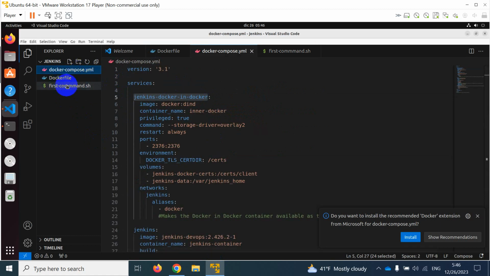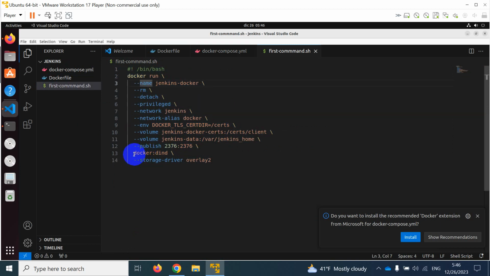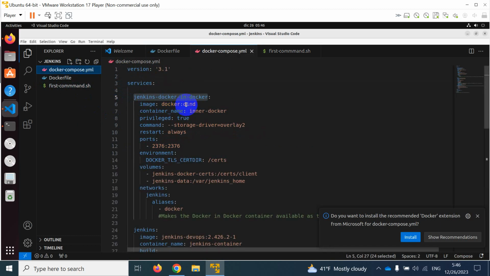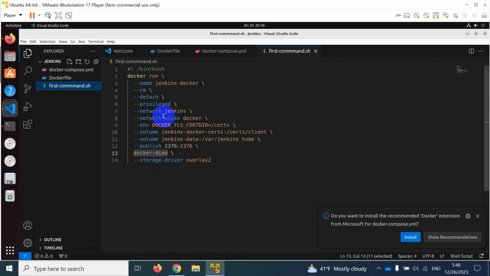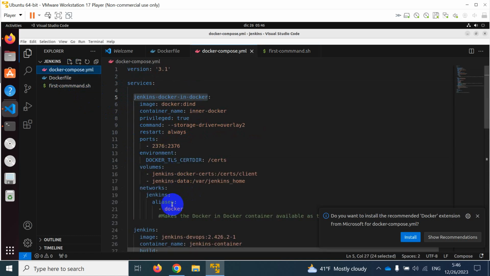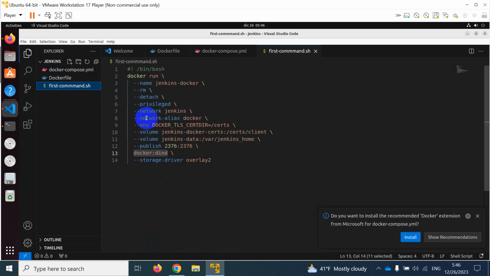You can see here is the image, docker dind, and here is the network, Jenkins, and then we have an alias, docker,